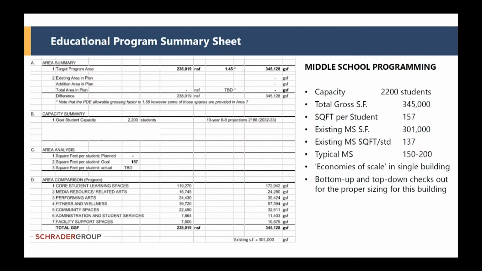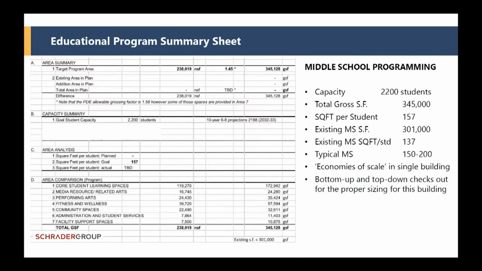And we worked through the different areas for comparison, and that's what you're seeing down below: the core student spaces, media resource, performing arts, fitness and wellness, and you can anticipate what each of those includes. And what we're trying to get to is some total square footage that we can put on a site to test fit. That's really what we were trying to do at this point in time. And with that, then, Phil's team, as he mentioned, worked through a cost estimating process. So a check for us is this item C, where under that number 2, those of you that can see that, it says 157 square feet per student. So slide yourself to the right on the screen here.